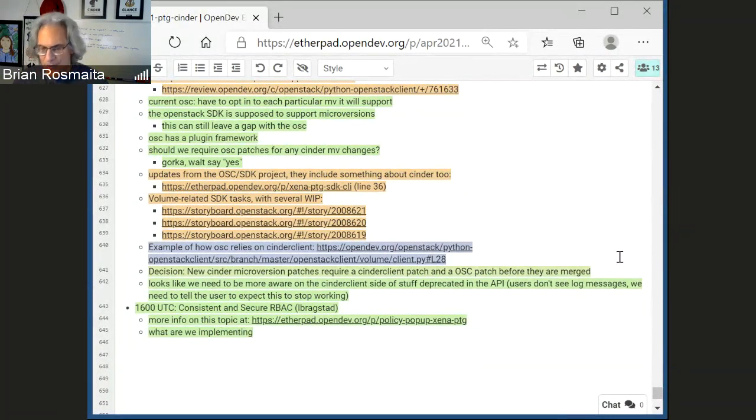So the first thing, we need some agreement on what we're implementing, which we pretty much have. So that's in natural language. And I've got to patch up somewhere. Here we go.